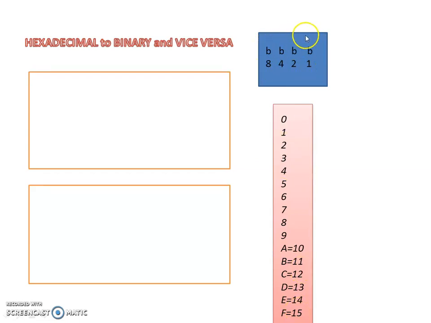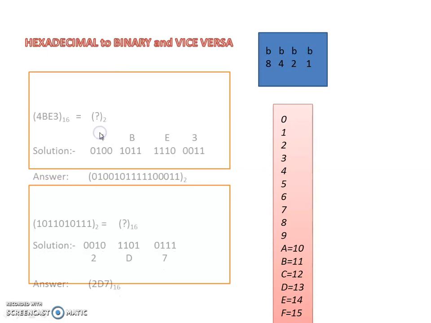And if all the bits are off, you know the rule: you multiply each place value with the face value and add, so you will get 0. If all the bits are 0, then this will be 0. So by slightly adjusting this 4-bit representation, you will get all the digits of hexadecimal.